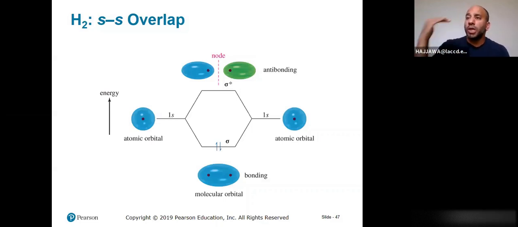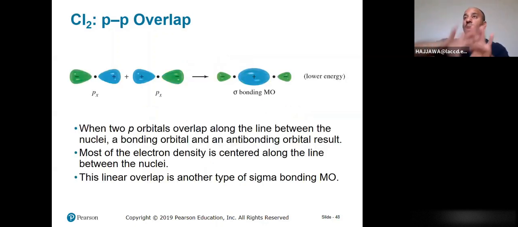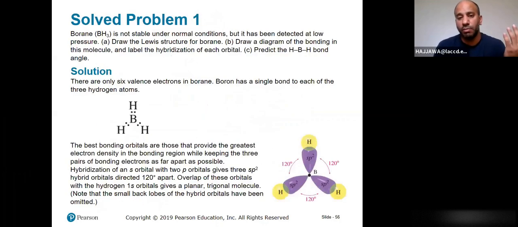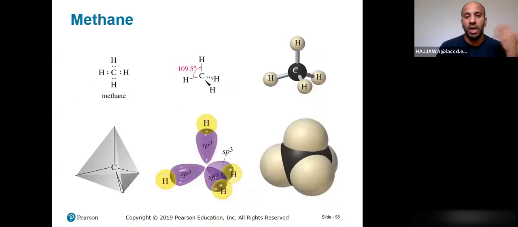Usually, the outer shell orbital that is empty is the one that's going to overlap. Meaning, hydrogen's 1s is going to overlap with the 1s of the second hydrogen. If I have Cl2, 2p will have to overlap with 2p of the second Cl. So usually there's no hybridization when I have no central atom. But if there is a central atom, such as beryllium hydride, or BH3, or CH4,